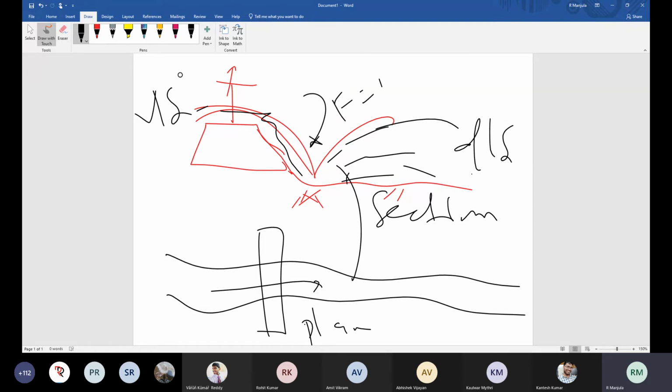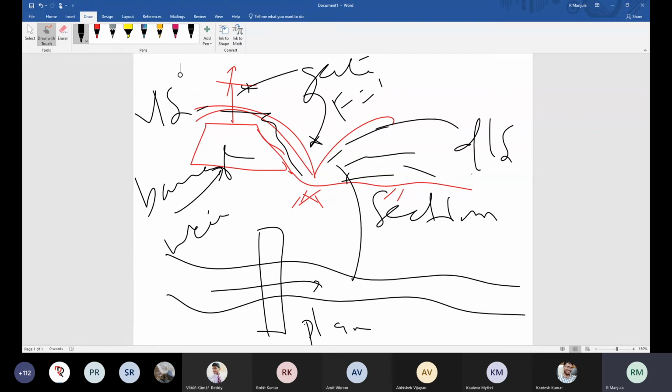Suddenly, this is nothing but your gate. This structure could be anything. It could be a weir or it could be a barrage, whatever it is. The water on the upstream side is suddenly released. Then what happens? The water on the downstream side hits the surface and then jumps. So this condition occurs only when the Froude number is equal to unity, or the flow is critical. So that is nothing but your critical flow.